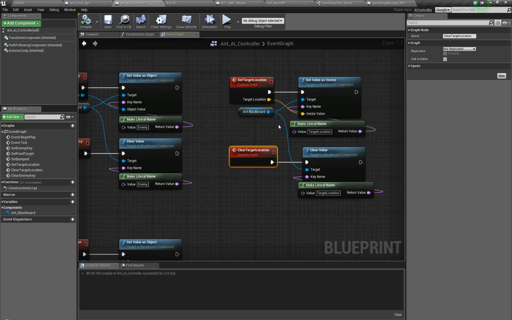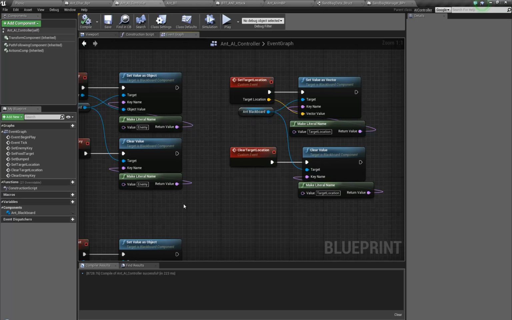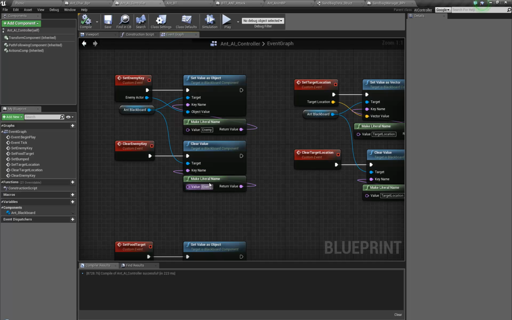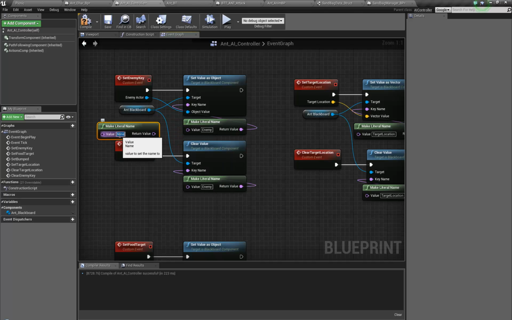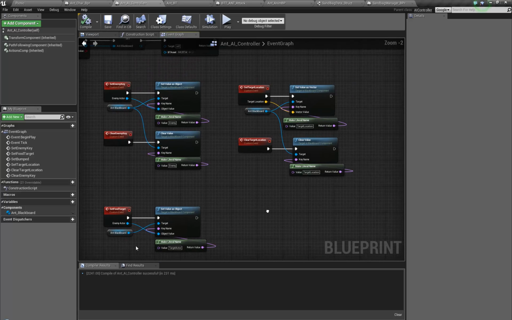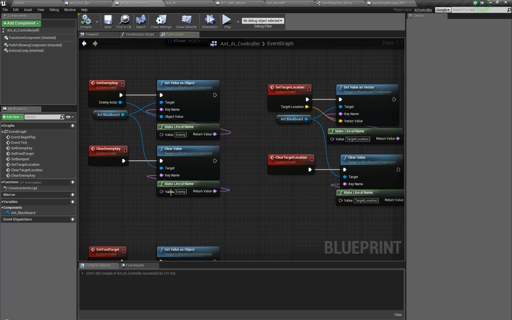You have to be off of the blackboard, so make sure you're off of a blackboard here, and then you can just type clear and then clear value, and you can feed it any key name you want and just make a literal name out of that. Just type make, and there it pops. Type whatever you want in here. You don't need variables for this kind of thing. You can if you want, but I don't do it. And that's it. So those get cleared, and once those get sent to the blackboard,